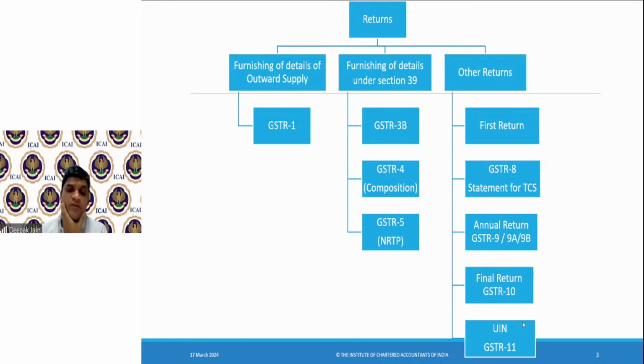If I made a regular B2B supply other than RCM and by mistake I filed it in GSTR-1, but that B2B supply was under RCM, is there any correction process? Yes, you can do a correction of an incorrect GSTR-1 which you have filed, Avinash. You can do the correction.